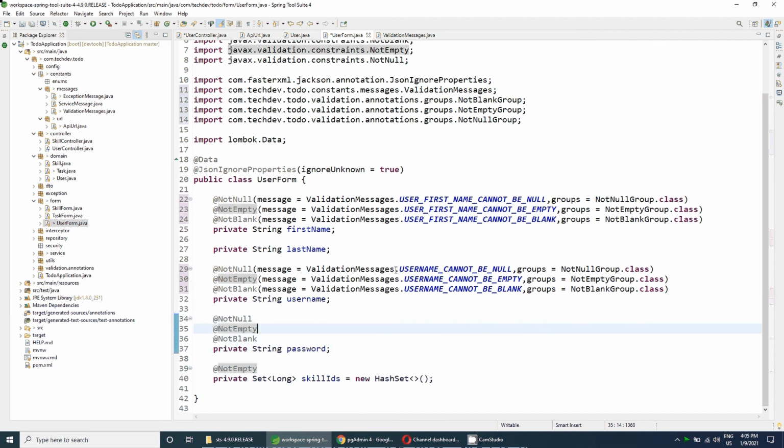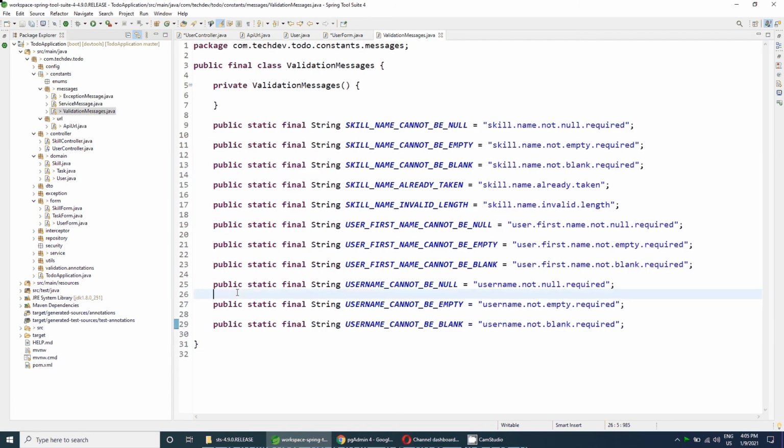Now let's set the validation for password. So go to the validation messages and add the validation messages for password also.